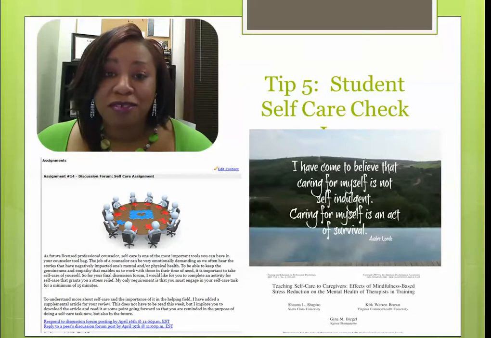Tip number 5 is actually probably my favorite tip for creating sustainable relationships with students, and this is creating student self-care check-ins. And I think my professional identity as a counselor is going to come out a little bit in this tip, but I have noticed that it is the most effective tool that I have experienced that creates a sustainable relationship with students. And so with the self-care check-in, this is actually creating some point in your course,